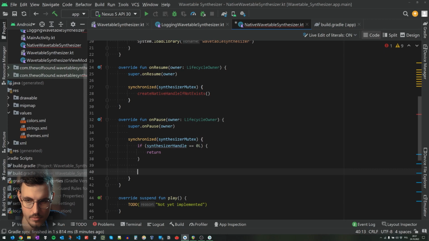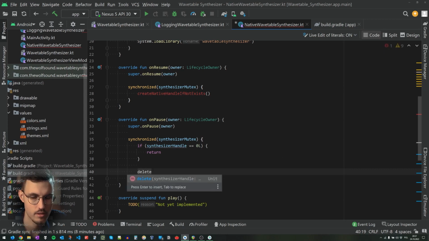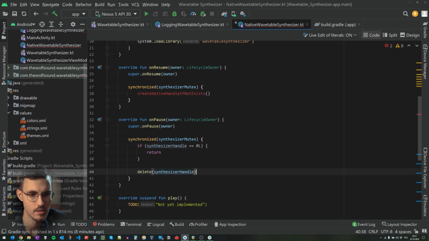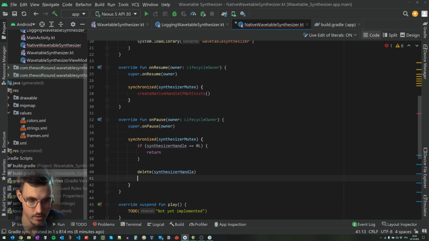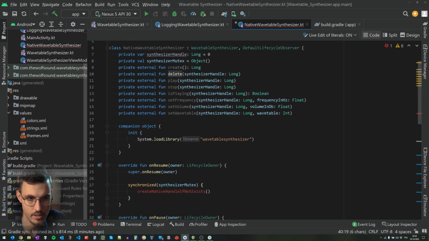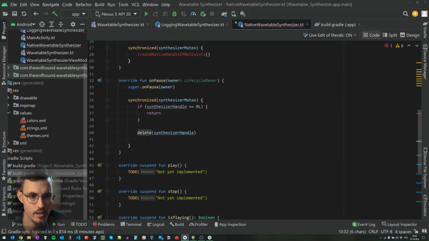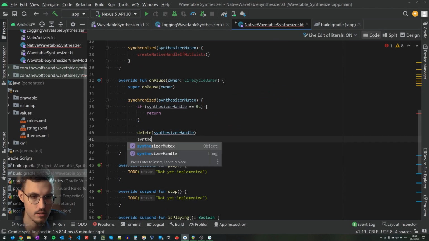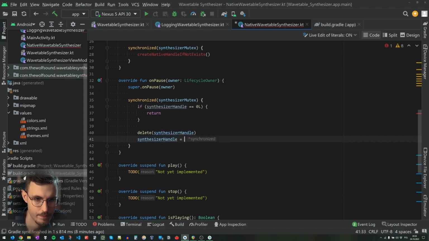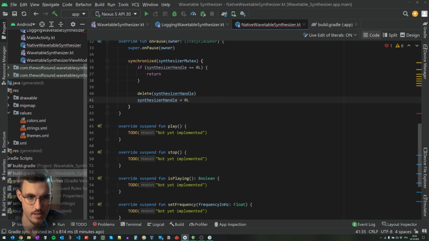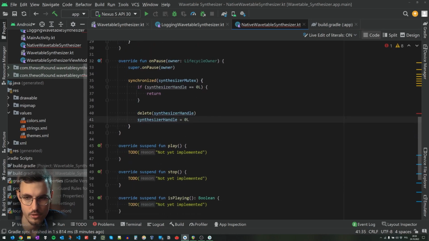So we return simply from this function. But if it does exist, then we call delete. So this is the external function that we defined previously here. And now we set the synthesizer handle to 0, which tells us that actually there's no synthesizer